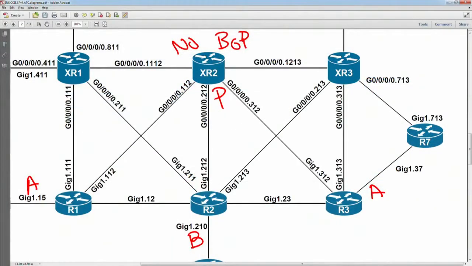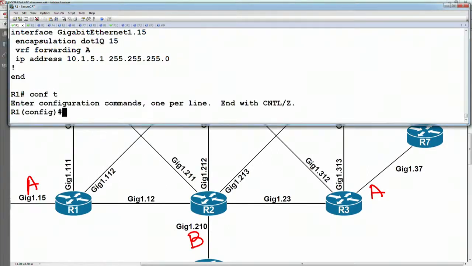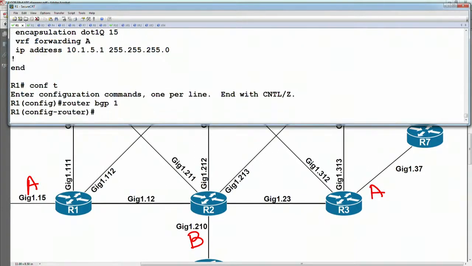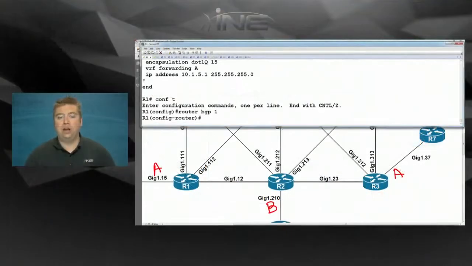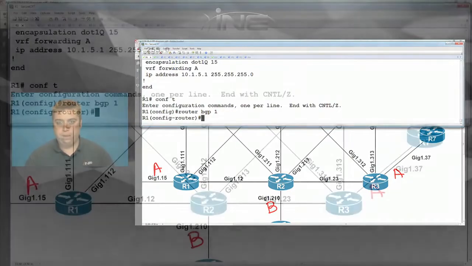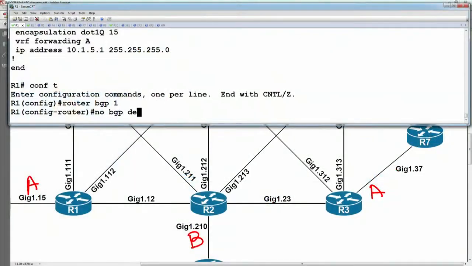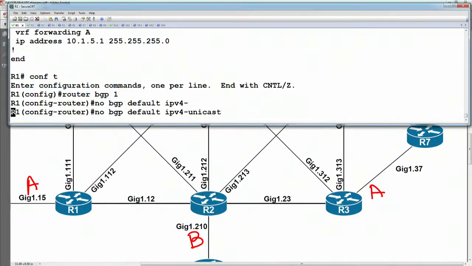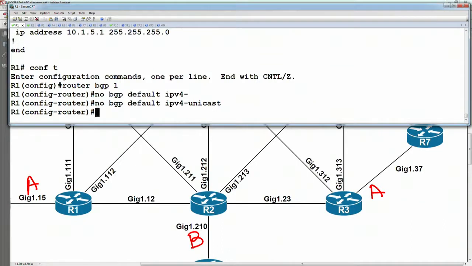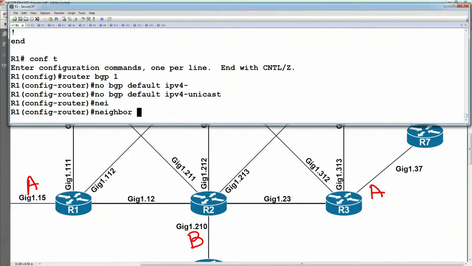So next on router 1, we're going to run the BGP process. We'll say router BGP 1, and we're going to disable the activation of the IPv4 unicast address family, because we're no longer using BGP for global routing, we're using it just for MPLS Layer 3 VPN. We'll say no bgp default ipv4-unicast. Okay, we then define our peers. We'll say the neighbors are 2.2.2.2, who is in AS 1,